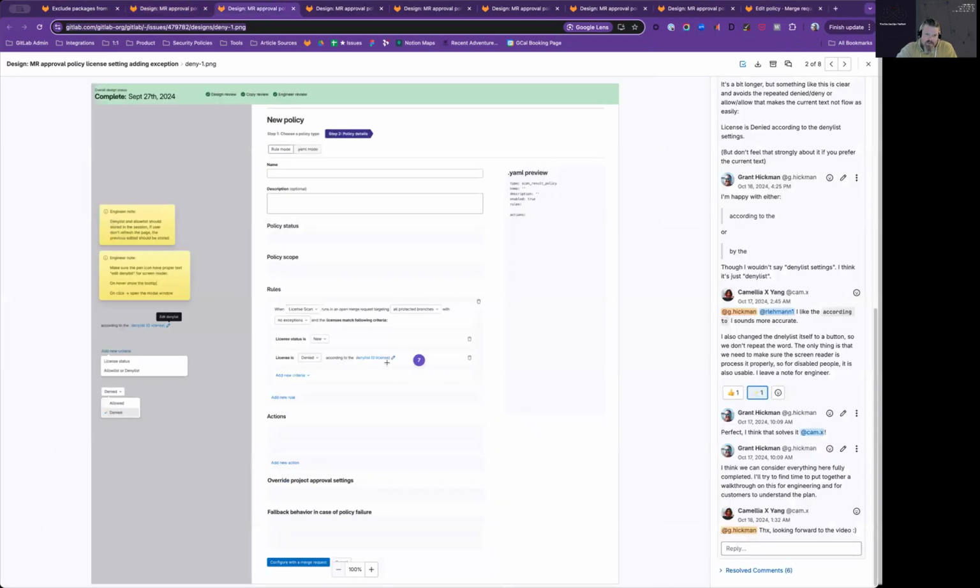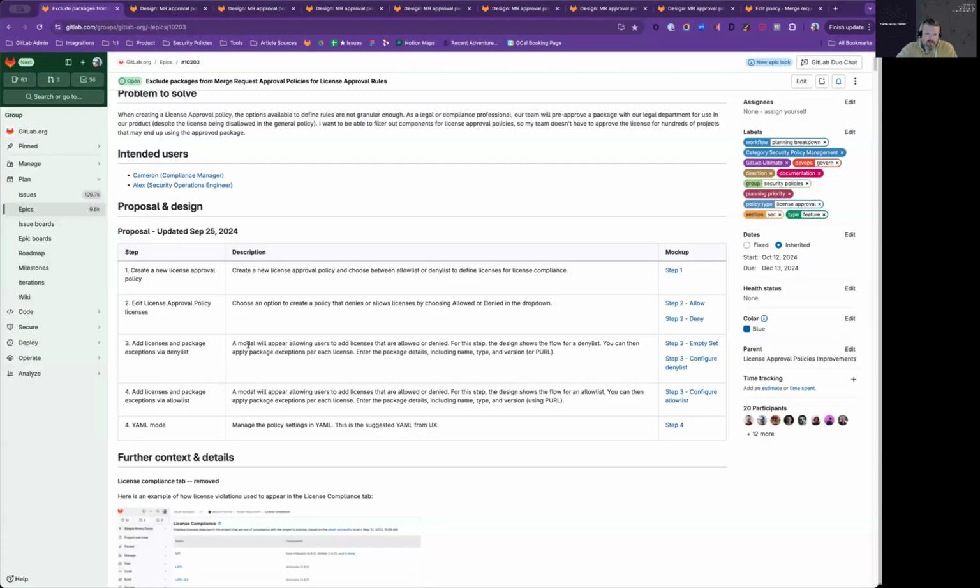And you'll see the same with the deny list. So if we detect a new license that's denied based on the deny list, then the user can also specify what is on that deny list. So then moving on to step three, as the user goes in to edit that license list,